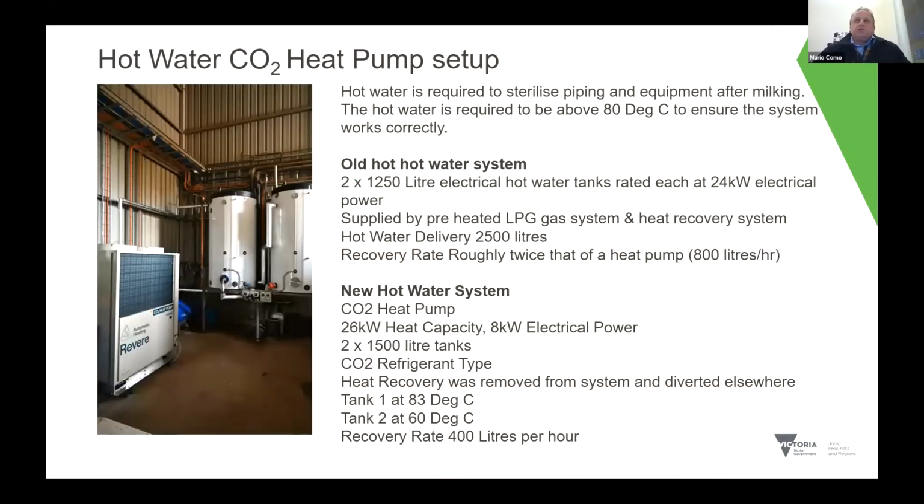All right, so just the heat pump, and why we're using it. Hot water is required to sterilise the piping and equipment after milking. Hot water is required to be above 80 degrees to ensure the system works correctly, so we stipulated in our contract that 80 to 85 degrees was a requirement. So just going through the old hot water system,